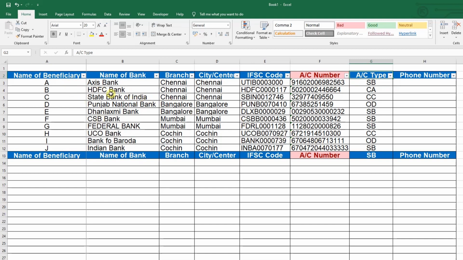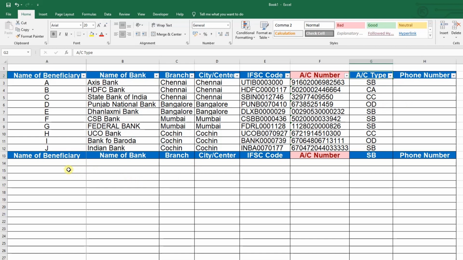This is what VLOOKUP says: arrange the data vertically as a table. So everything is arranged vertically in a table format. This is the first requirement of VLOOKUP. Before using the VLOOKUP function, we have to prepare the data in a database in vertical order. Then only we can retrieve the data by using the VLOOKUP function.